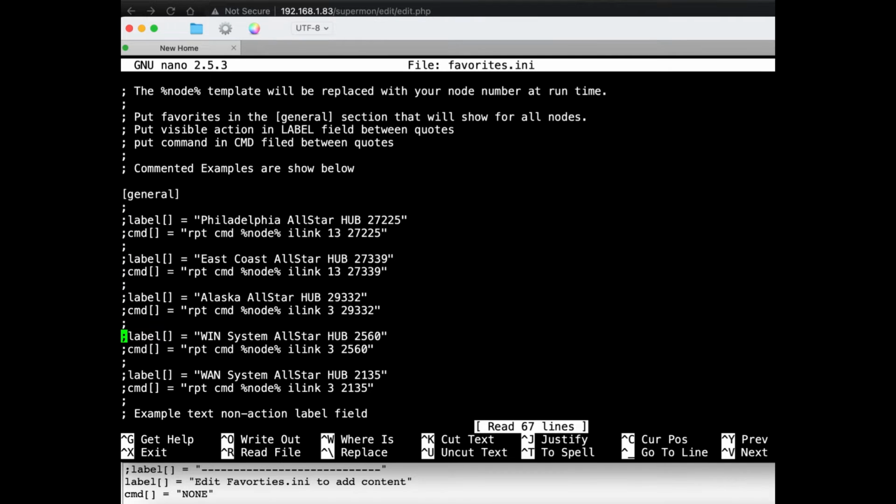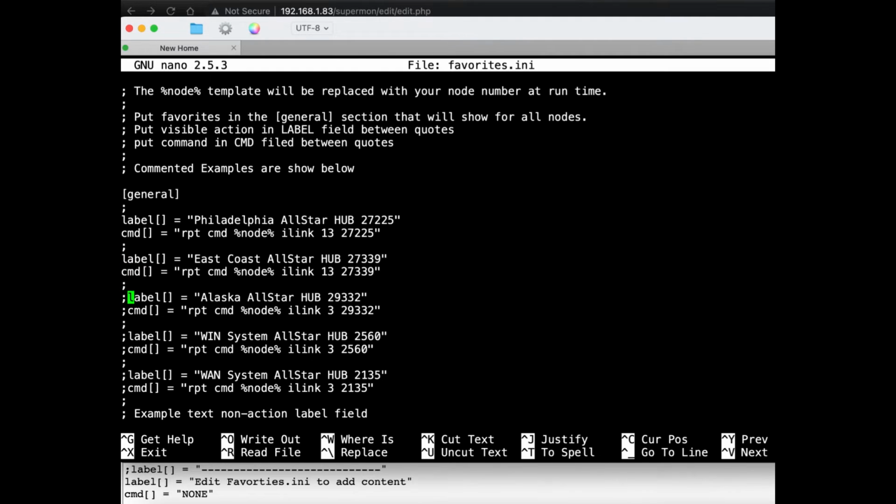You'll see that these are commented out so that they don't show up. So you can just come up here and say, I like that Philadelphia AllStar hub, and comment it back in, and now it'll show up in your favorites section. Let's say I'll take the East Coast hub as well, but I'm not too excited about Alaska, so let's rename this. Since I'm doing this node for a friend, we'll change it to the KD5FMU repeater